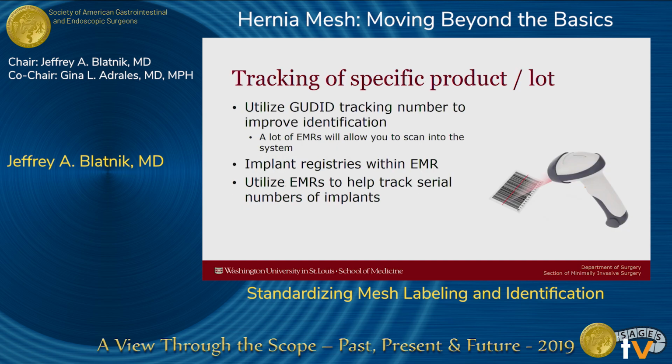So what things are out there right now? We can actually utilize that UDI tracking number to improve our identification. A lot of EMRs, depending on where you're at and what your institution does, will scan that universal device identification number, and it does go into the record. So it's something that can be backtracked along the way, but unfortunately it's not very easy a lot